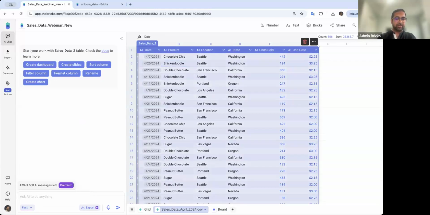And now in the AI chat bar, you can say create a dashboard from sales data. As you can see, all the tables, whatever you imported, are present in the autocomplete option, and you can say sales data 2. And you can also say make sure to emphasize on, for example, location